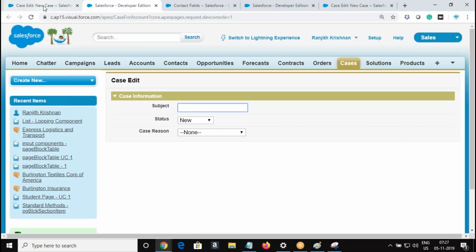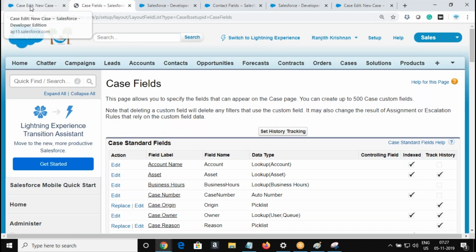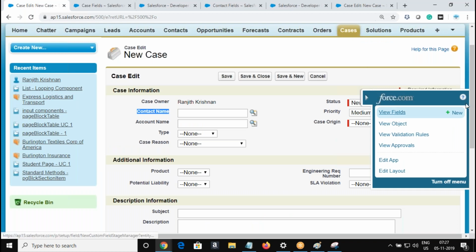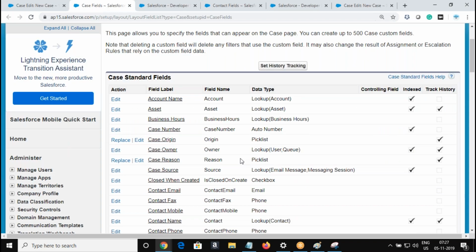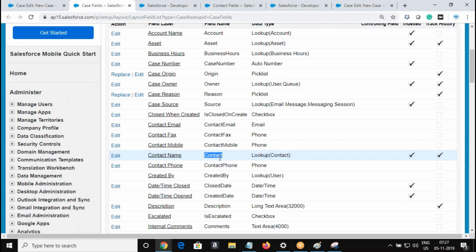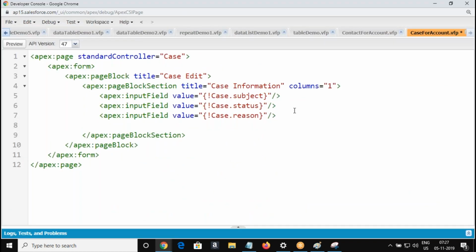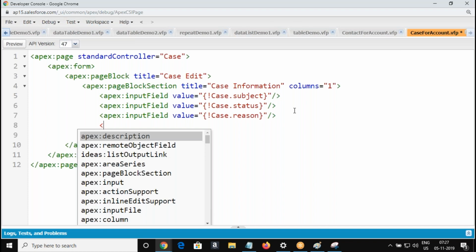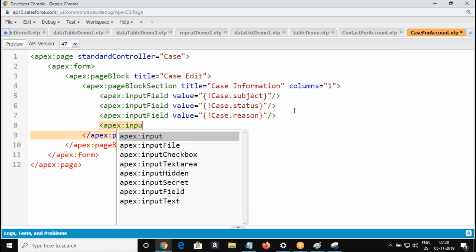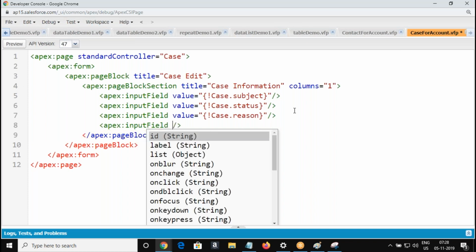See the field section. From here, the tab is highlighted, and I can go to the corresponding object's field section from the side navigation bar. The field label is Contact Name. It's a relationship field, and the name is Contact. So we are going to refer to that, with ID.